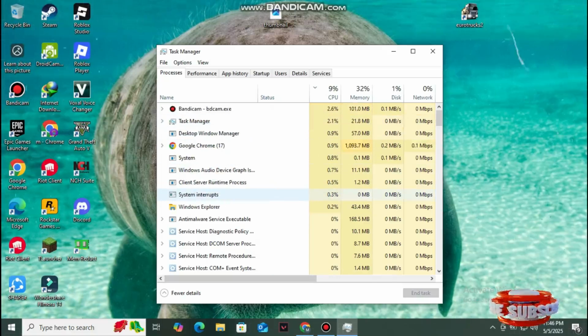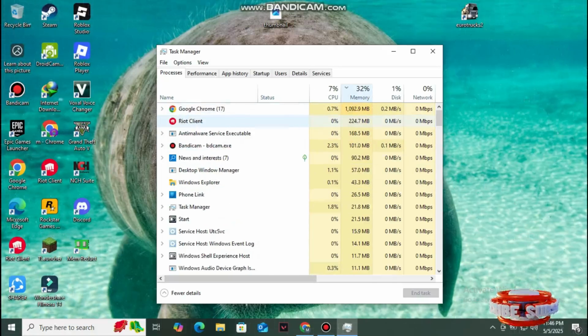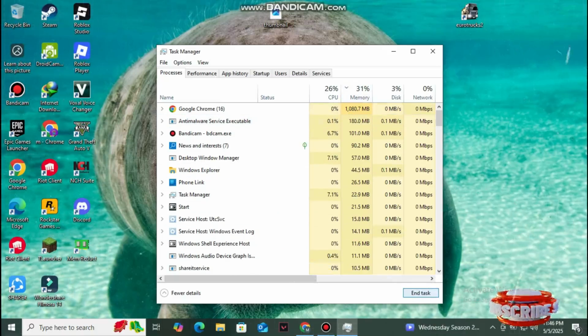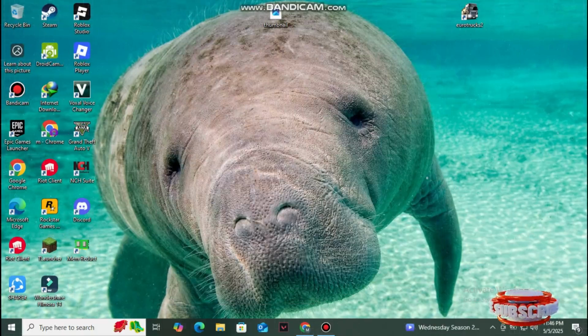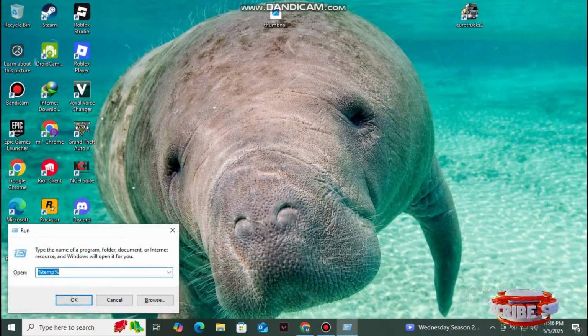So as you can see in my case, Google is using my memory more, my other tabs as well. So you can see my other tab is using some memory. So I can just close it because I don't need this one right now. So then press Windows plus R,